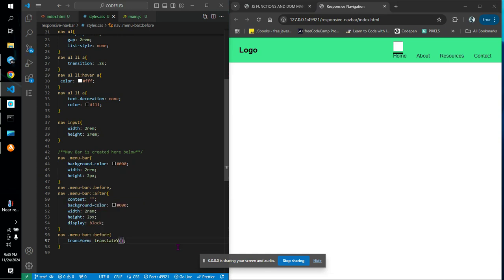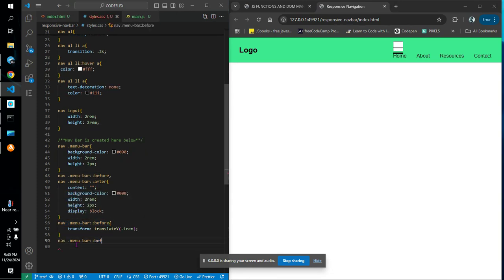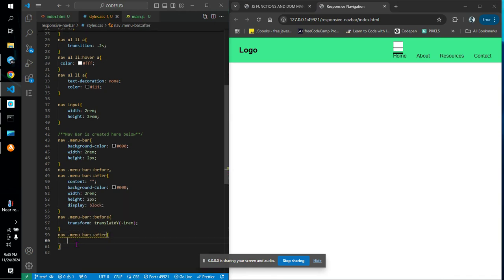We want to give it a translate y of, let's say, minus 1 rem. You see that it has moved up, but I think that's too big. But we are going to look at that later. We want to take the after as well, and give it a transform translate y of plus 1 rem,